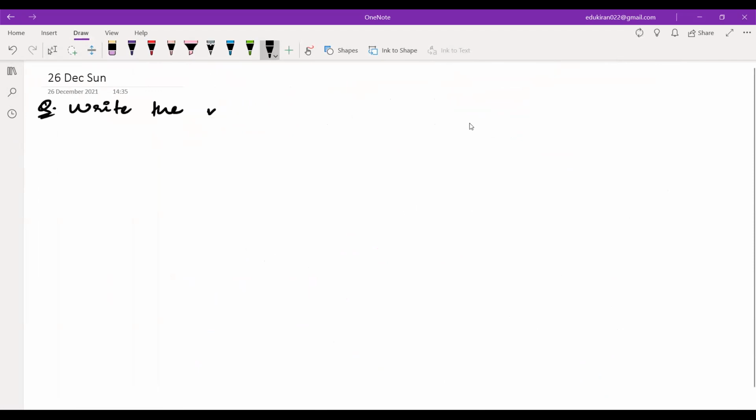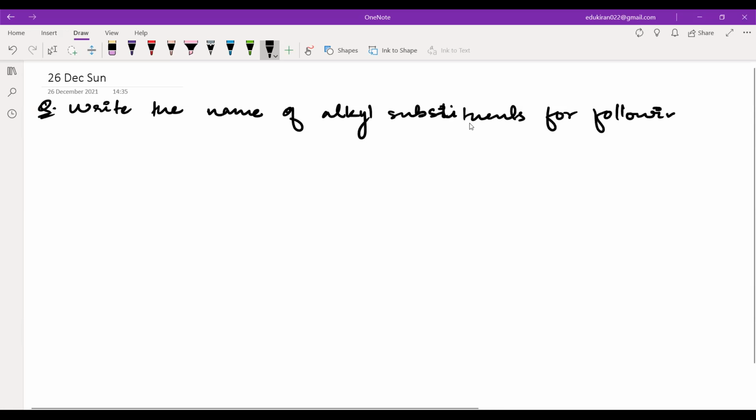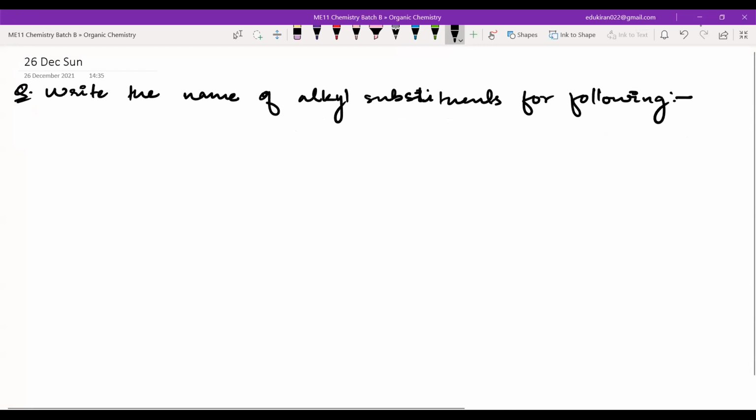Write the name of alkyl substituents for the following. You all know how to identify the substituents, right? After the identification of functional group, unsaturation, and parent chain, whatever remains in the molecule, those are the substituents, okay? So A,